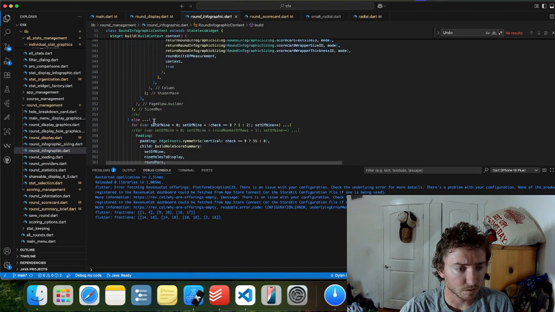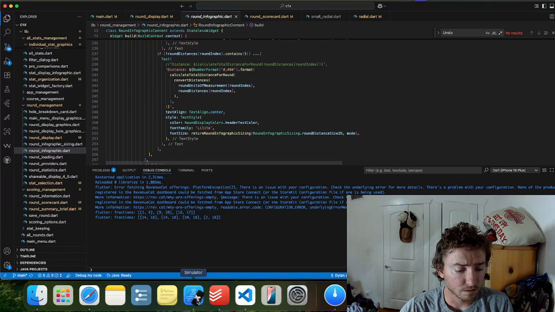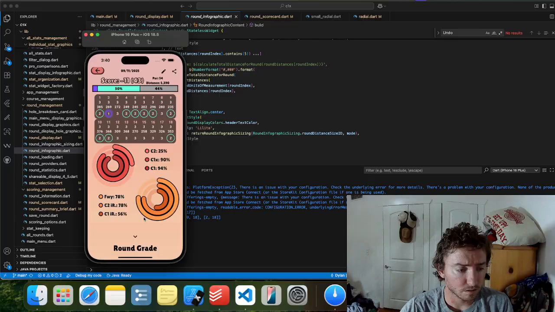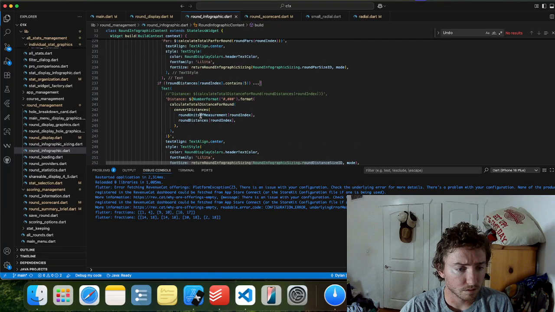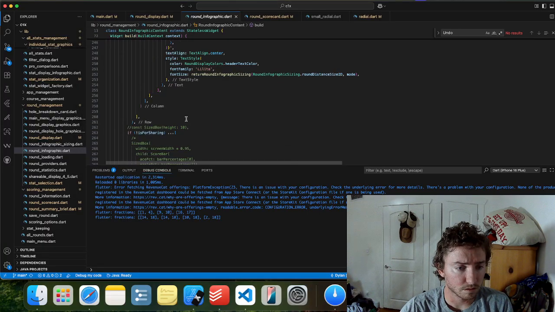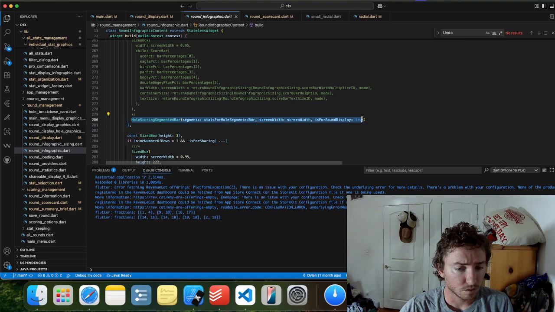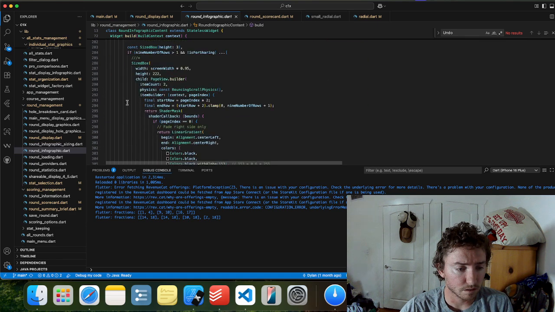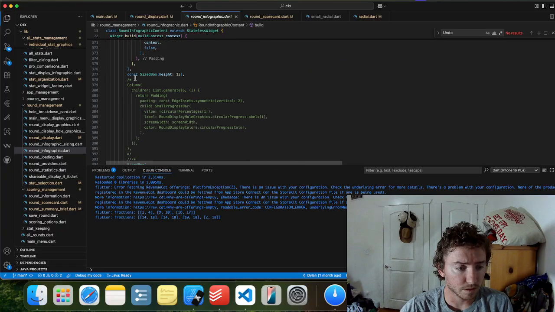Something is throwing me for a loop here. Total distance. Whole scoring segmented bar. This is my whole score summary.